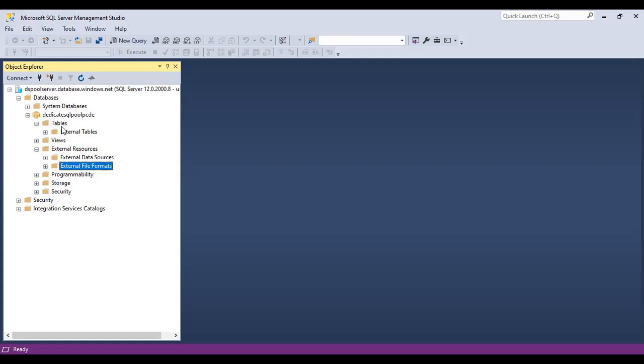As it is a dedicated SQL pool, you see tables. If it is a serverless SQL pool, you won't see this. You'll see only the external tables. So this is how we can create the database, and we can create a dedicated SQL pool, and you can connect to it in SSMS. Even the same way you can connect in the